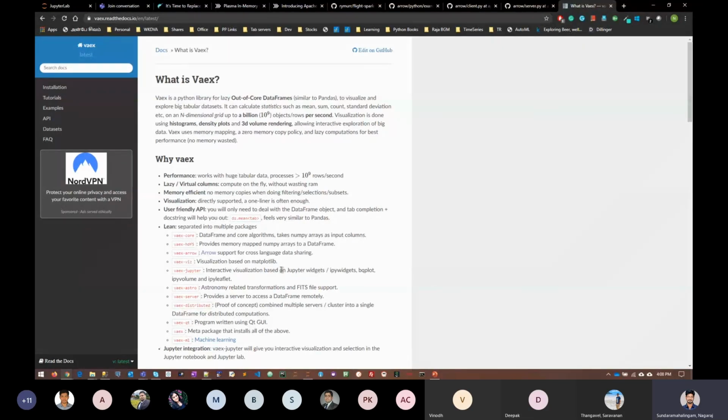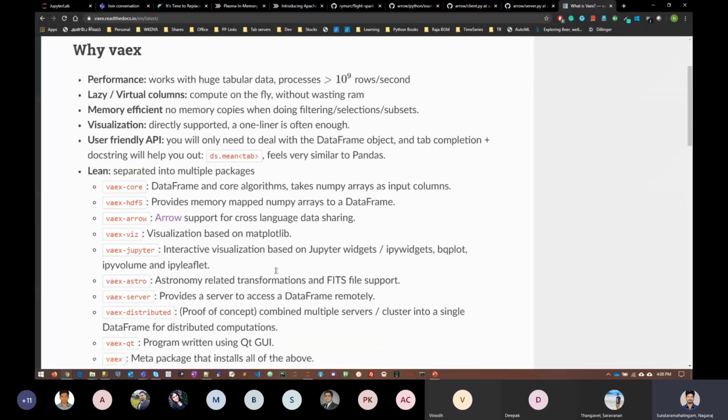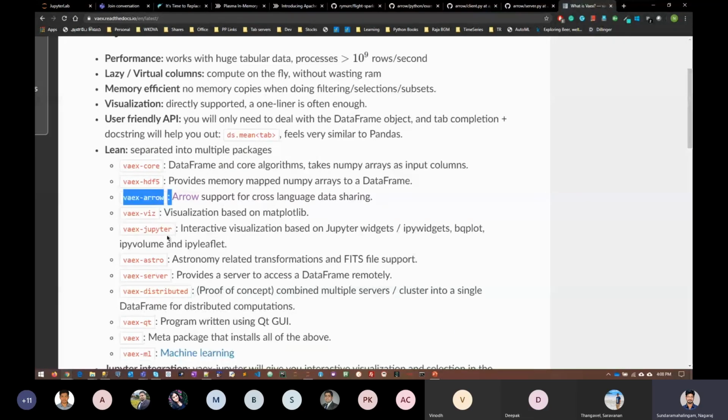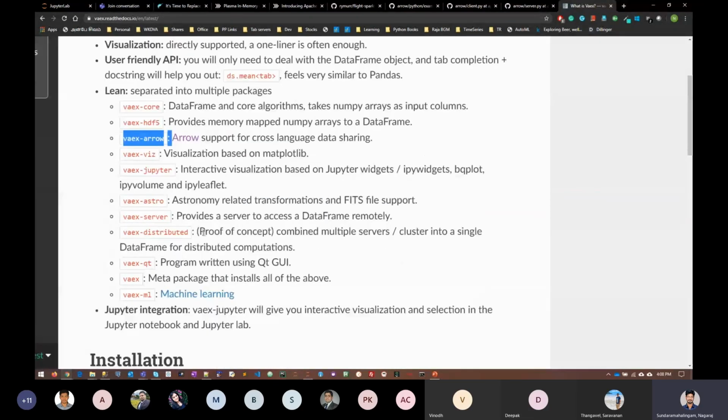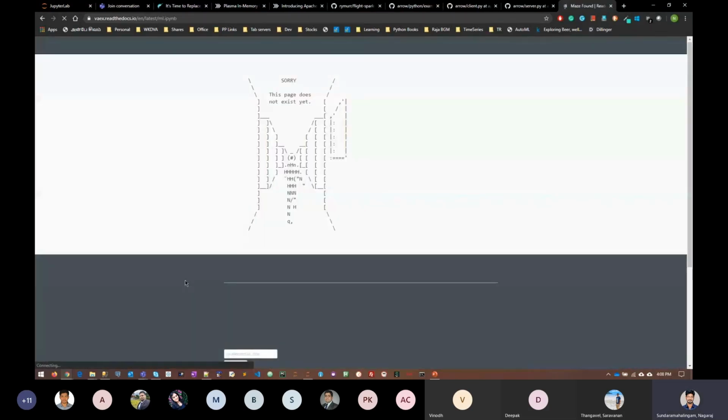We need to do machine learning, deep learning, all those things. That's where this library comes into the picture. It supports Arrow, supports Jupyter, and an event server to access remotely. The main part is machine learning.